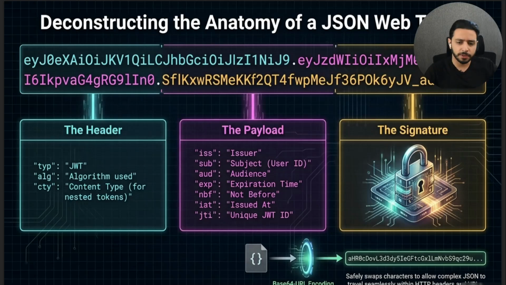The second part is the payload. This is where the actual data or claims live. There are some registered claims defined by the official standard. They use three-letter names to save space. iss is the issuer, or who created the token. sub is the subject, usually the user ID. aud is the audience, or who is supposed to receive the token. exp is the